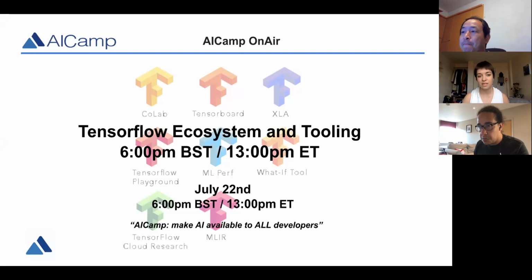And today we're going to talk about TensorFlow ecosystem and tooling. In order to program great apps, software developers need not only a good programming language, but also great tooling. And for ML researchers and engineers, the situation is no different. So in this talk, we have Gus, who's kindly come to give us a talk on TensorFlow and the tooling available. We're going to go over some of those tools and libraries within the TensorFlow ecosystem that will make your life easier and more productive. And these tools are things like TF Hub, TensorBoard, and Colab.